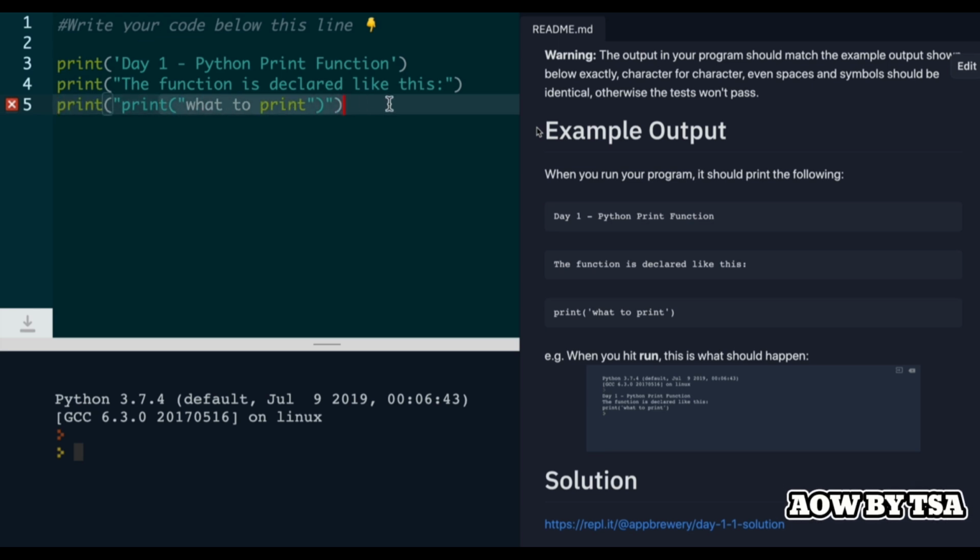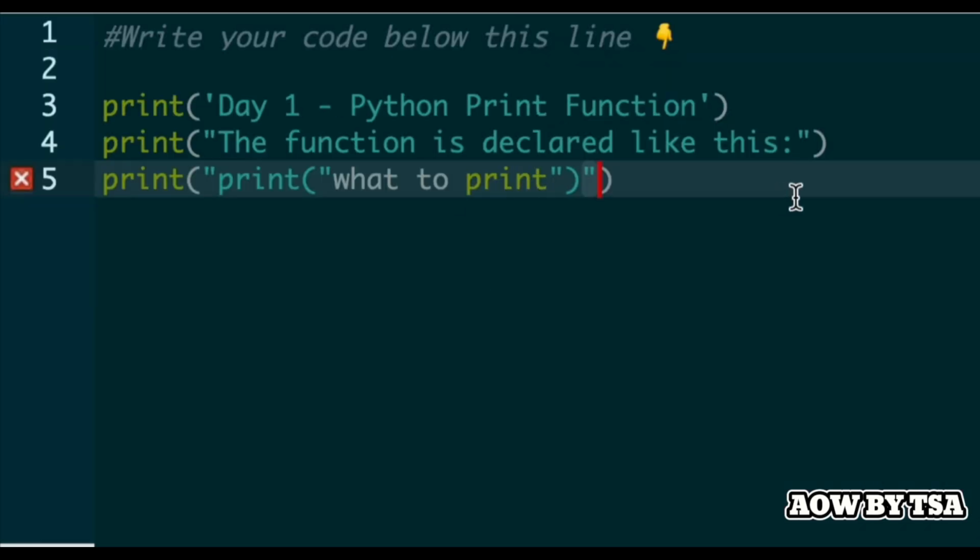There's something that's not quite right here, because the colors are not the same as here, where the print function is in a particular color, the parentheses are in a particular color, and the text that is to be printed is in yet another different color. In this case, it looks all jumbled up and we're getting some errors here. So now if I hit run, you'll get syntax errors. And the problem here is, of course,